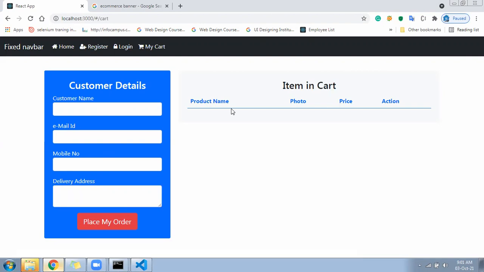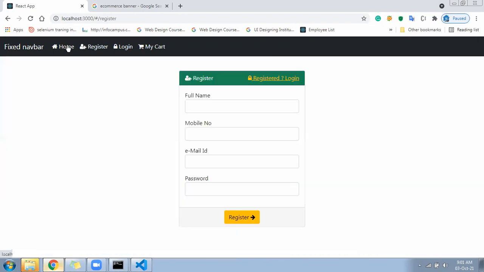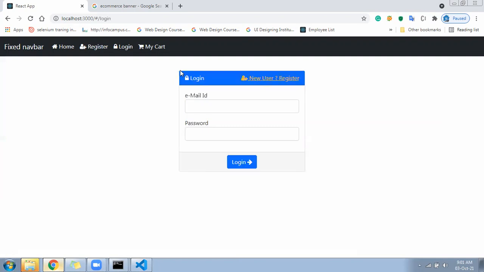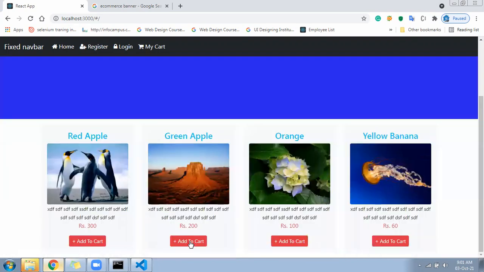Then again, the vendor will log in. This register and login we have made for the vendor purpose. The vendor will log in, register, and upload the product. Whichever product he uploads will come to the home page. The customer will come and click on add to cart.